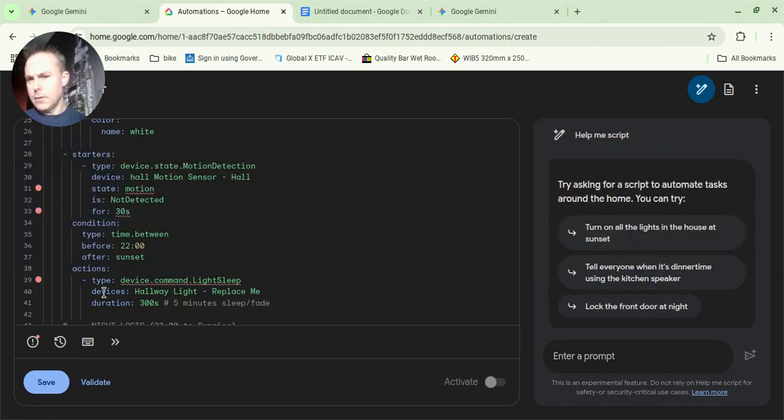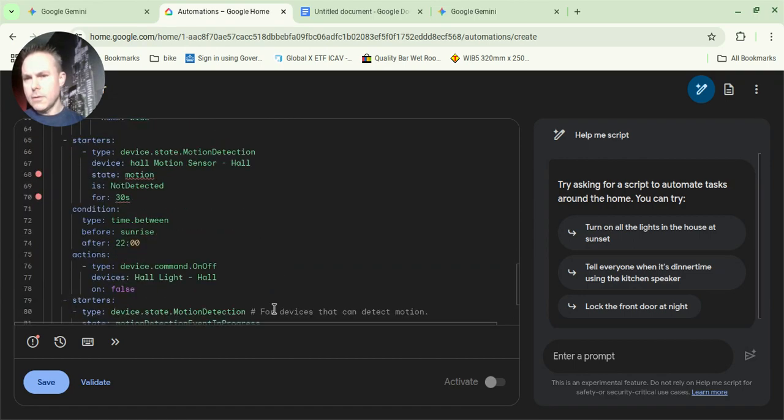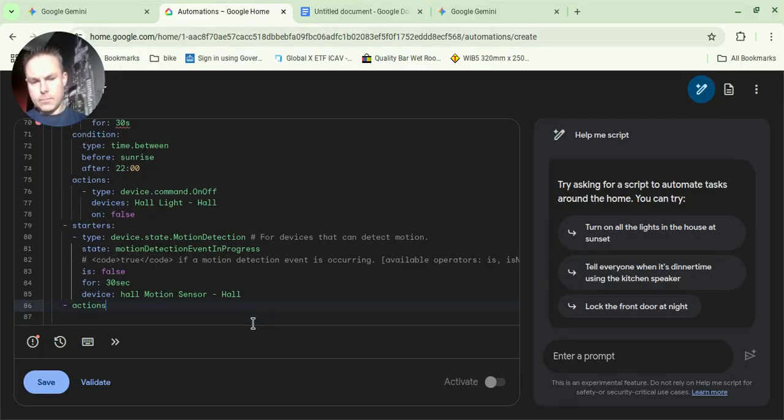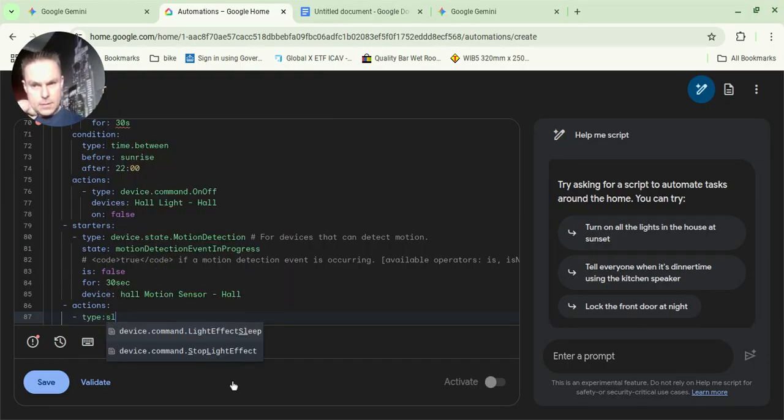Let me just read this. So actions type. Is that command wrong? Is that what it's saying? Let me just try this, because we just put here actions. No, you've got to leave the space there. Actions, type, and then sleep. Device command